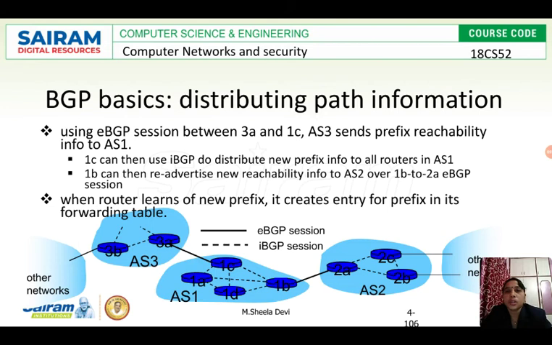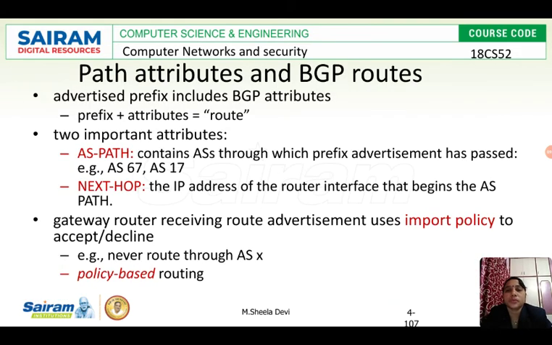This is how the external BGP session and the internal BGP session help us reach nodes present in different autonomous systems. When the router learns of a new prefix, it creates an entry for the prefix in its forwarding table. So every router, after getting this information, will enter in its forwarding table that it can reach this particular subnetwork using this path.